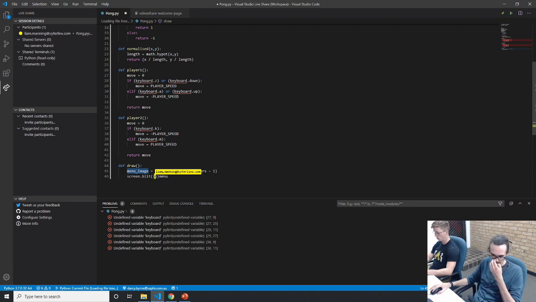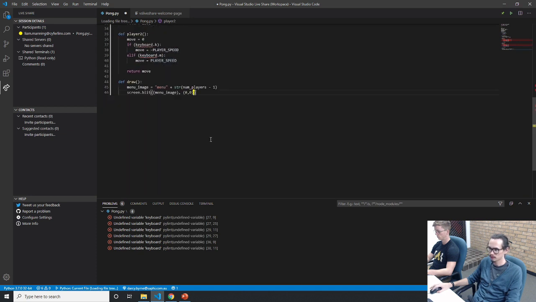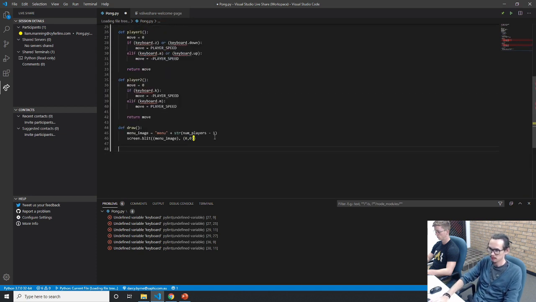Inside our parentheses, menu_image. And then outside, still in that same set, there's going to be a comma, space, and 0, inside another set of parentheses. Like that. So hopefully, if we call draw underneath that and do